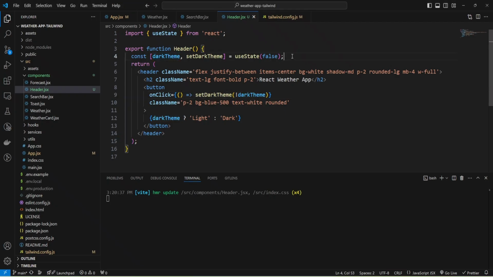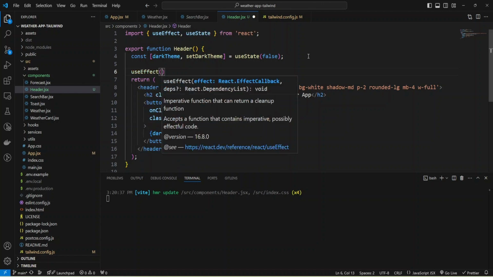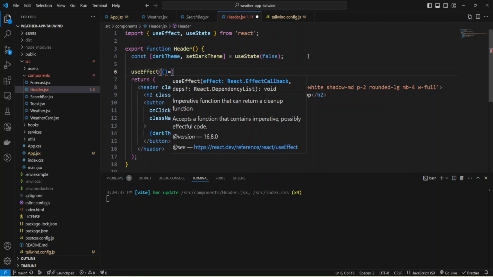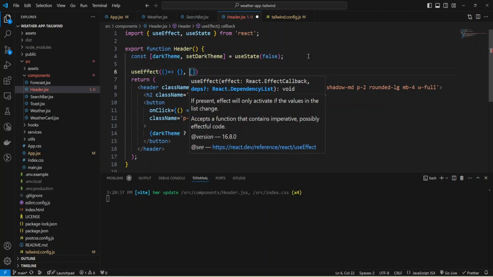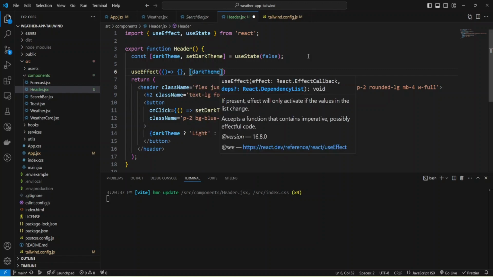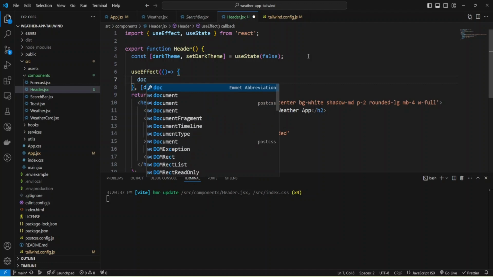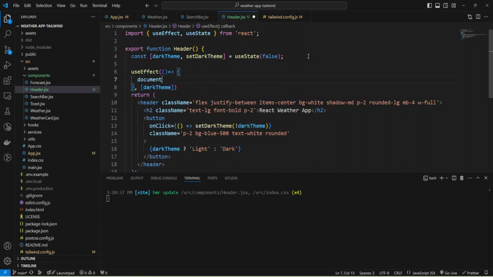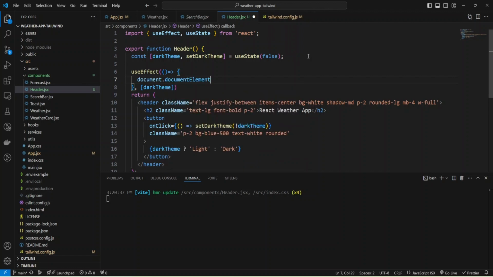For that, I need the useEffect hook, and the import was added, and I need to provide some function, and let's call this function when darkTheme is changing. I'm going to use document.documentElement, and it will be the root HTML element of our code.